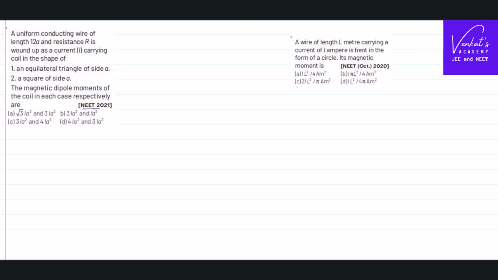These are the questions in NEET 2020 and 21. Both are from magnetism and matter. Both are basing on the same concept. So, first we will solve this simple problem and then we will come to the other problem, that is NEET